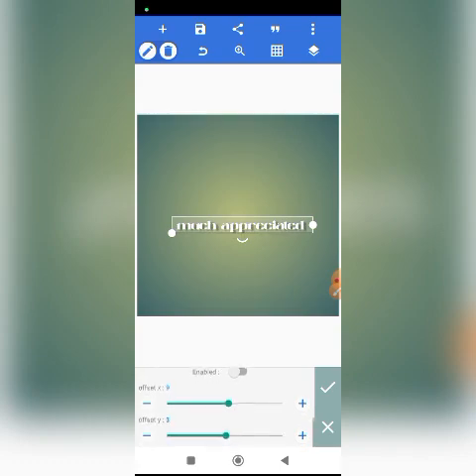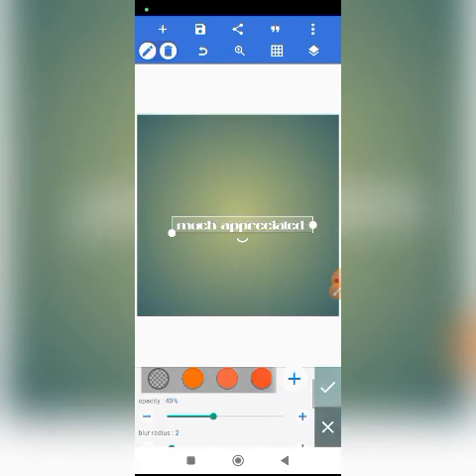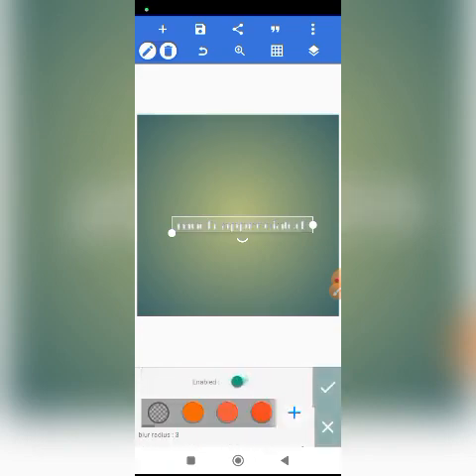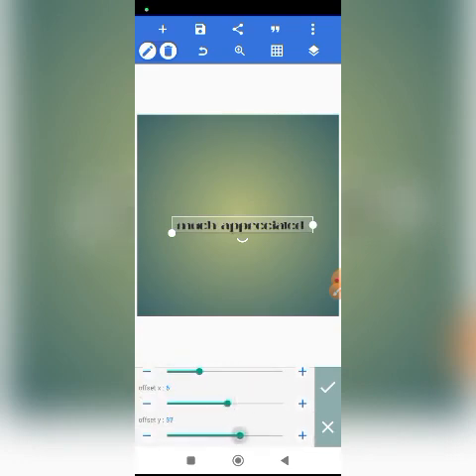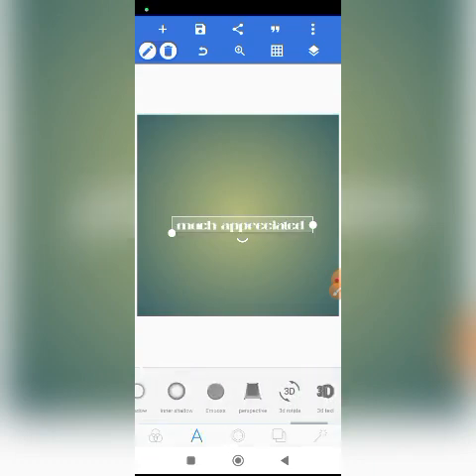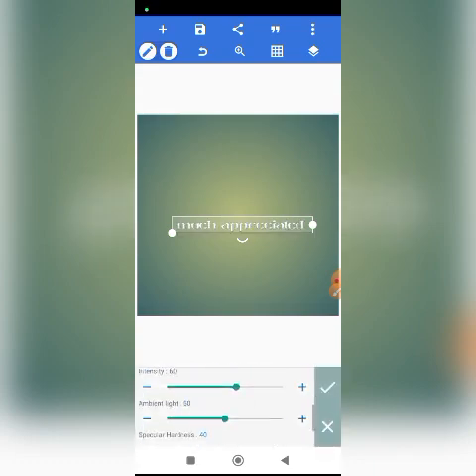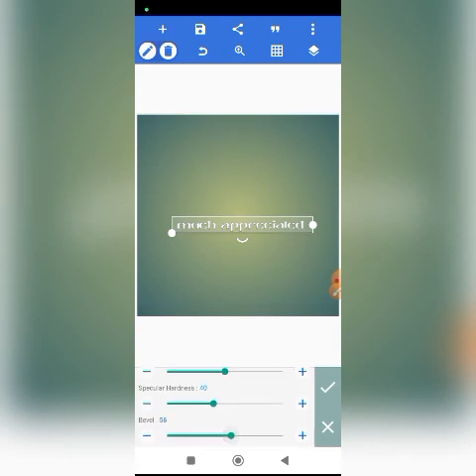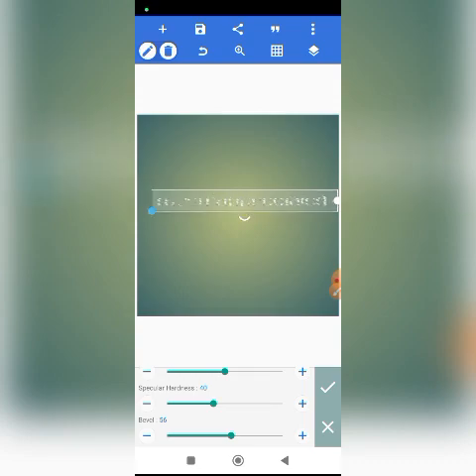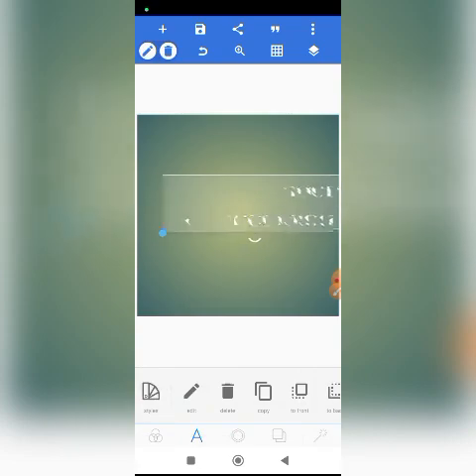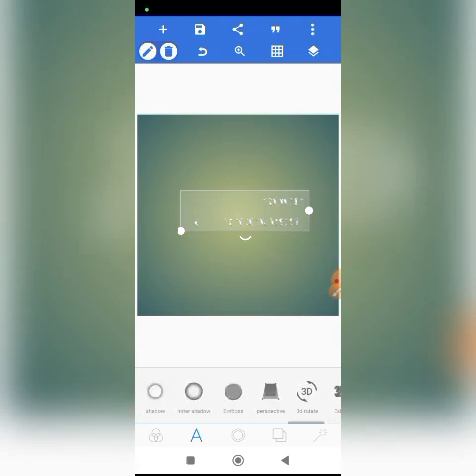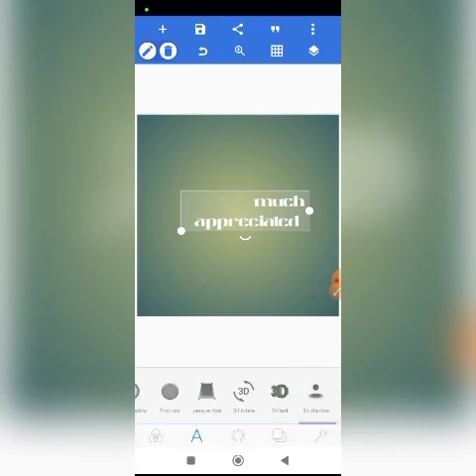Now moving the shadow upward with the offset X or Y. And there's inner shadow also. Then there's emboss. But this emboss mostly breaks when saving, or even when editing. Most times it breaks, so only a few designs require emboss, but it's not mainly used. There's also a way you can do this with shadow and inner shadow and make it look like an emboss too. Then there's perspective,